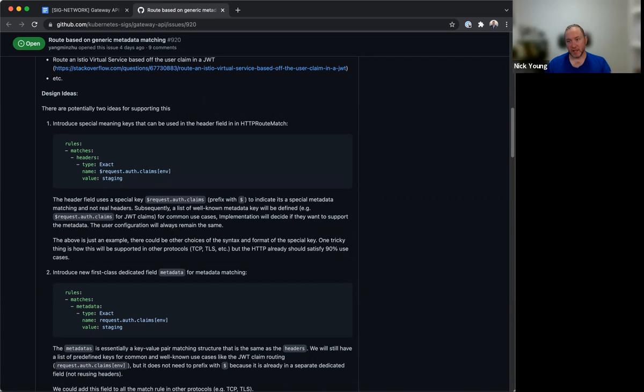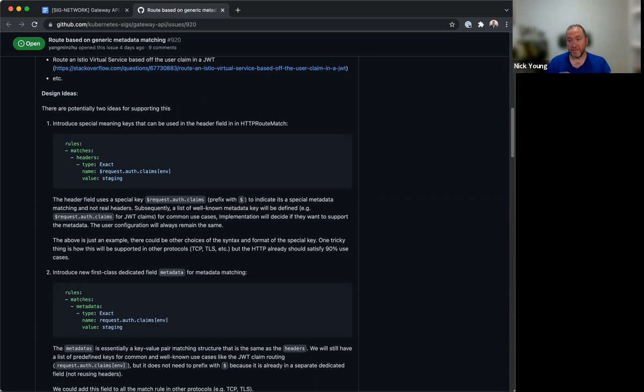And I think the answer to that in my mind is something like having something where you can say the type, that it's an exact match, and it's an auth type metadata, or we specify that it's a JWT metadata, and then you supply the key and the value or something like that.